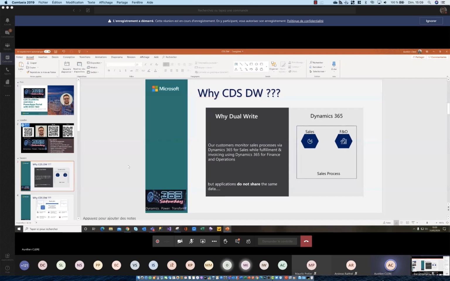Both were on-premise, and it was really challenging, because the architecture behind CRM and finance operation is not the same. For example, the legal entity: you don't have a legal entity field in CRM in standard sales.